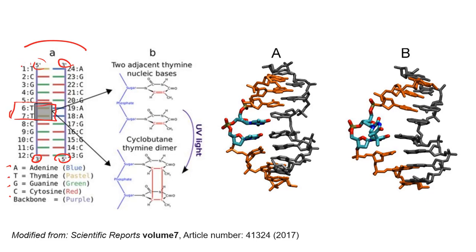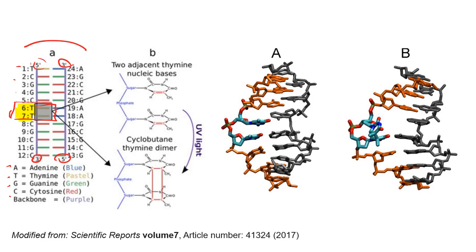So in our sequence, we have T, G, T, C, G, G, C, and then T and T as seen right here. So these two nucleotides, what can happen is that when they are excited by